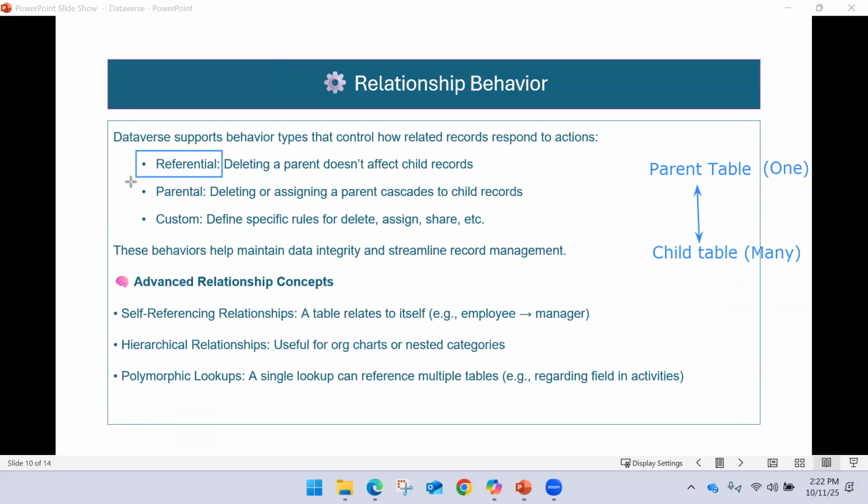Or you select the parental relationship: when the user deletes a record from the parent table, it should delete all the records from the child table for that record. This is how relationship behavior can be used. And then there is something called custom also. You can customize this behavior by defining a specific rule for delete, assign, and share,